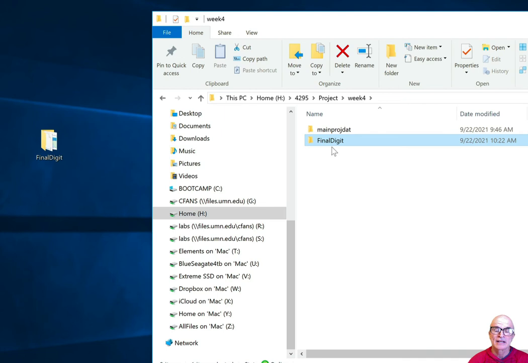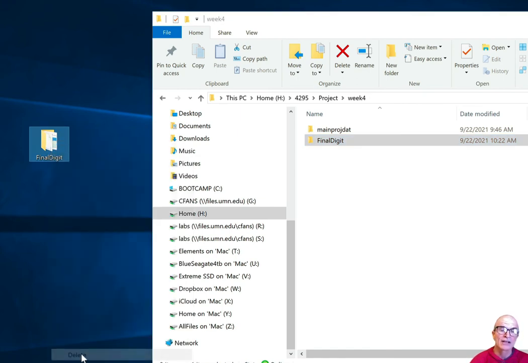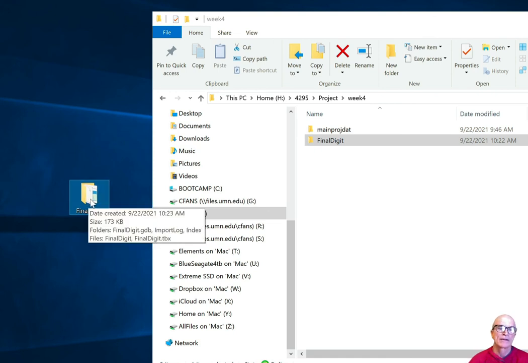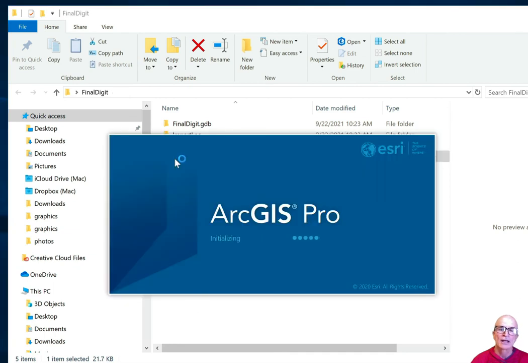And so now it's saved there on my H drive, and let's say I log off. When I log back on, this data isn't going to be here, right? I start a new virtual machine. I can come back, navigate to my H drive and pull the data back out. And so I'll pull it out here. It is on my machine now on the C drive where I want to work on my virtual machine. If I open this, I can click on the final digit and it'll start an instance of ARC and load